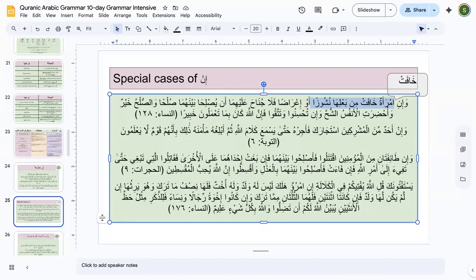You are not going to treat it as jumla ismiya, because what did I tell you in the very beginning of the session? After "in", you expect to find a fi'l. In here, the fi'l khafat is going to be considered omitted, and imra'atun is going to be treated as fa'il for the omitted fi'l. And whatever is coming after, the second khafat, is going to be considered jumla tafsiriya, the sentence which is clarifying whatever has been omitted before.